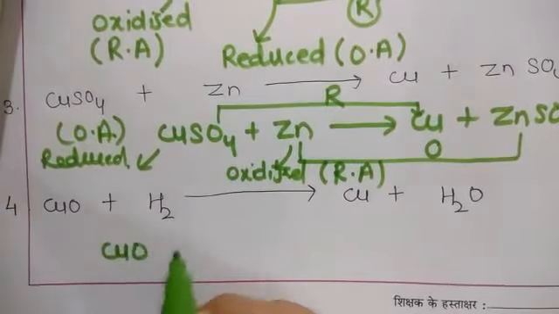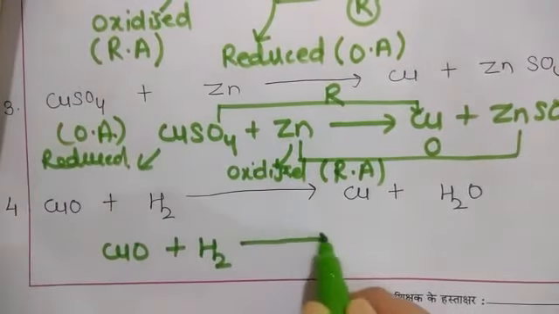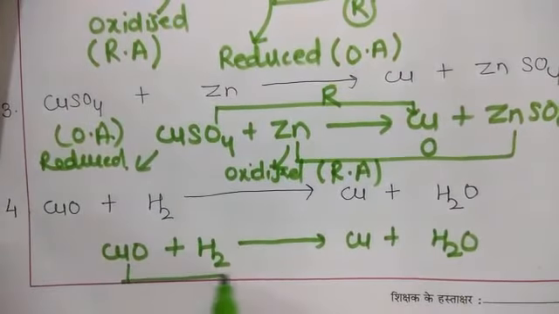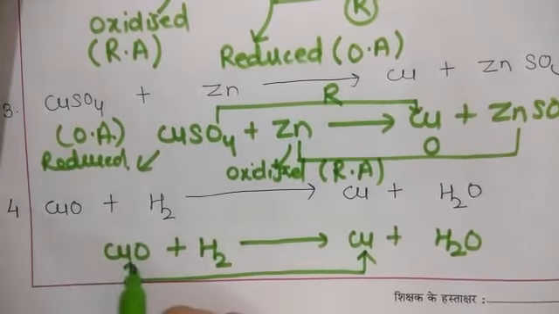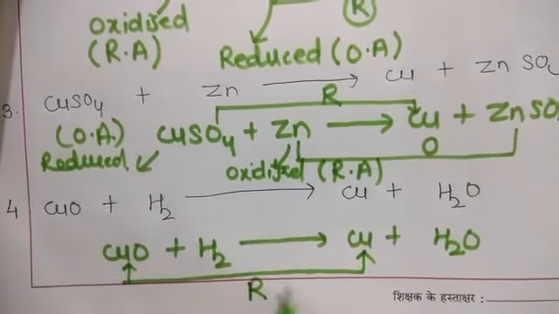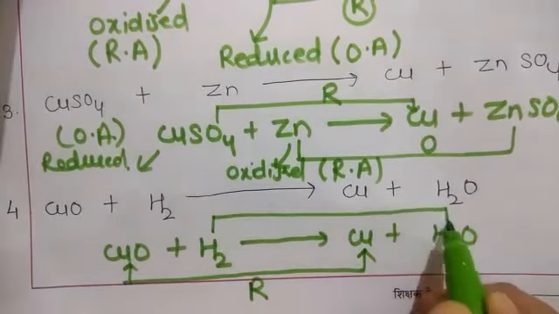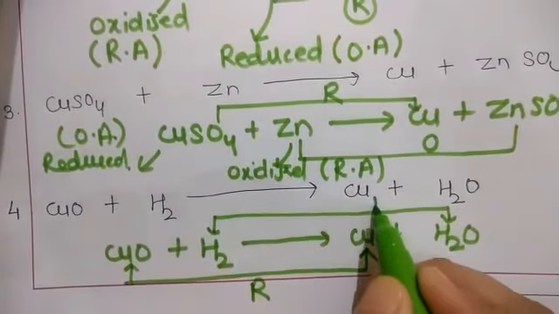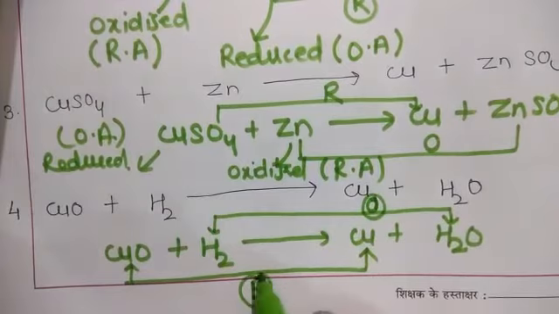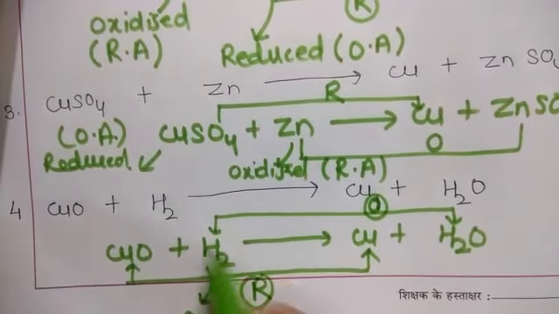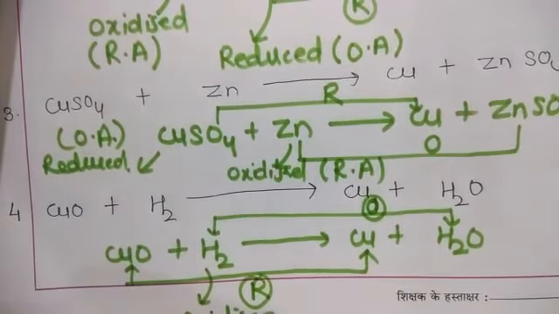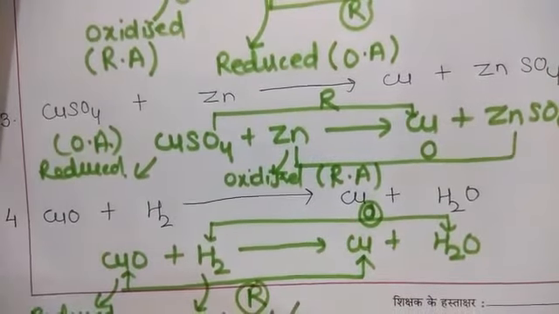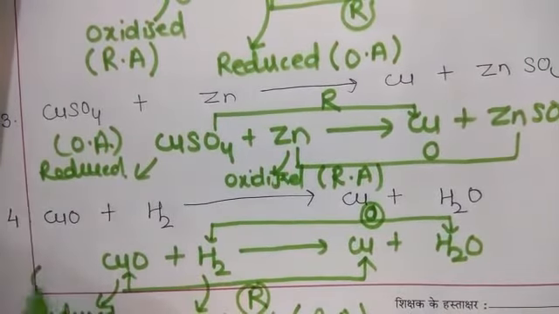CuO plus H2 gives Cu plus H2O. So you have to check here, copper is having oxygen and now it is not. So loss of oxygen is your reduction, and hydrogen is gaining the oxygen at this side. So hydrogen has gained the electron, sorry, gained the oxygen. So it is now an oxidation reaction. So this is oxidized because it is showing oxidation reaction, and this will act as the reduced form. So this will be your RA, that is reducing agent, and this will be the oxidizing agent.